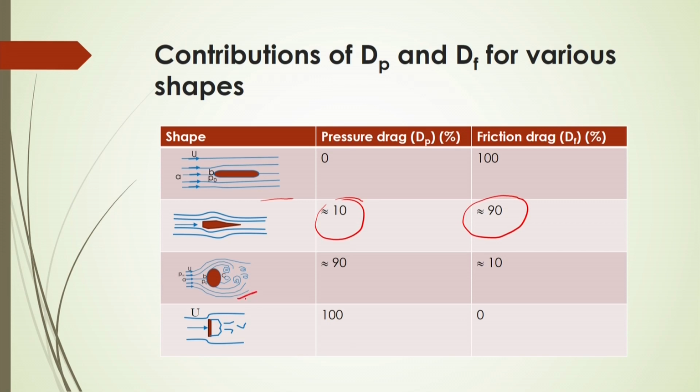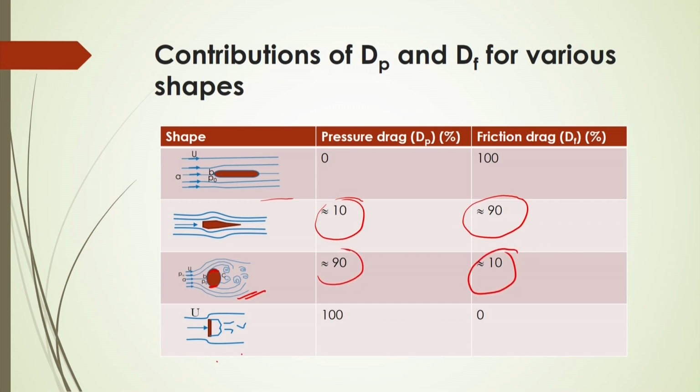Whereas, for this cylinder you will see that only 10% of the friction drag will be there, because only a small portion of the surface of this cylinder is coming in contact with the fluid, whereas the diameter distance of this cylinder will get the contact with the fluid, and the fluid will thrust on this surface, and that drag will be contributed by the pressure, and it will be maximum. And according to this, it may be 90%, and the remaining is 10% there.